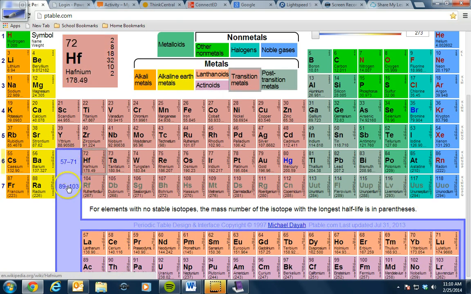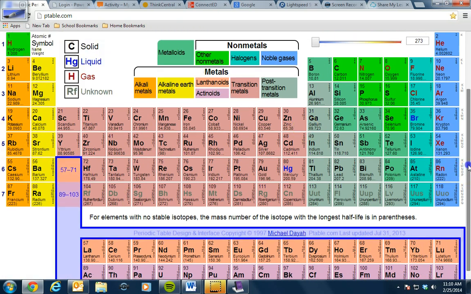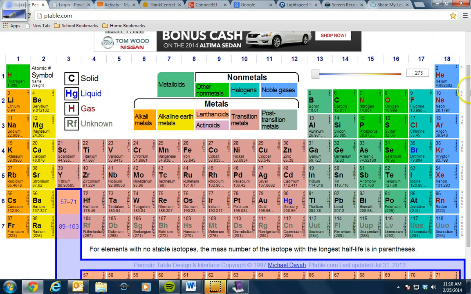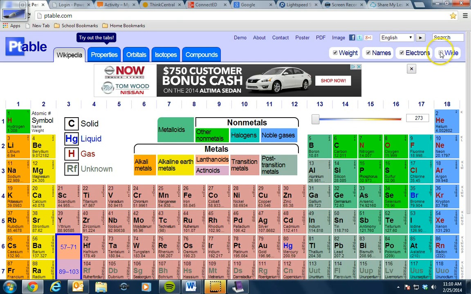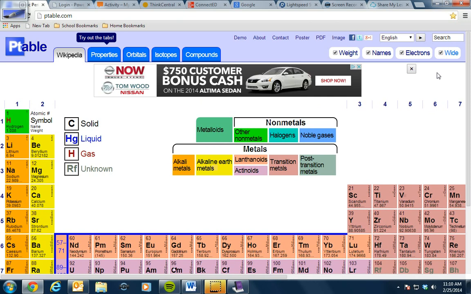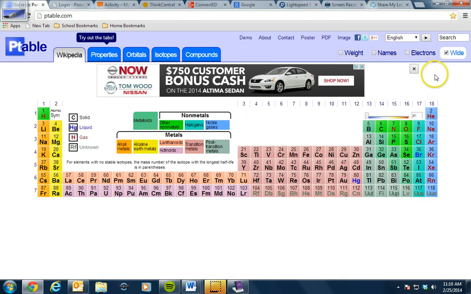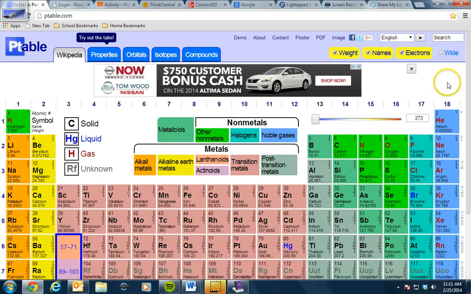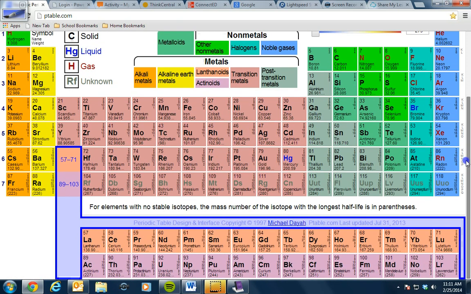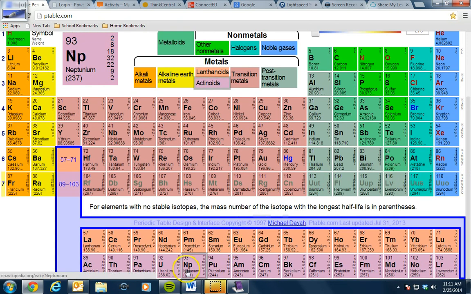But if you actually include them where they are, which is why I want to go back to that button I was pointing out to you, let's push this button. It's called the wide button, and watch what happens. This is what the periodic table should really look like. And if we uncheck it, you can see those two rows called the lanthanoids and actinoids, they get removed and